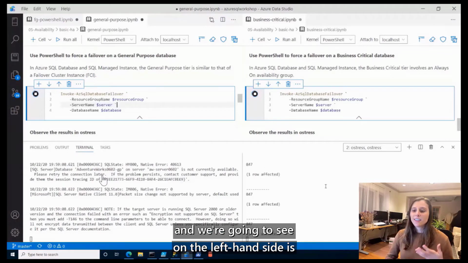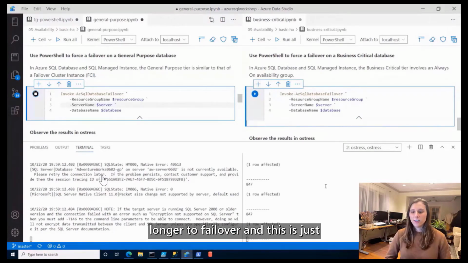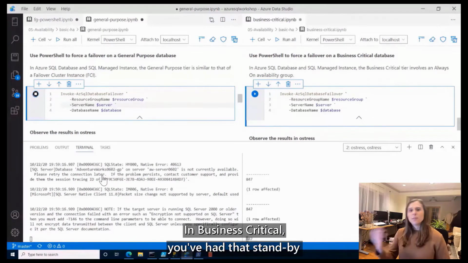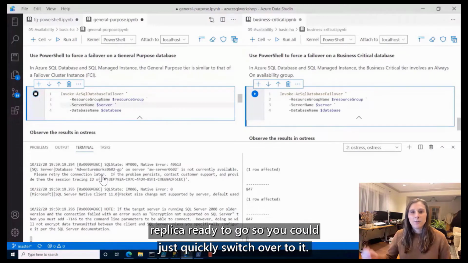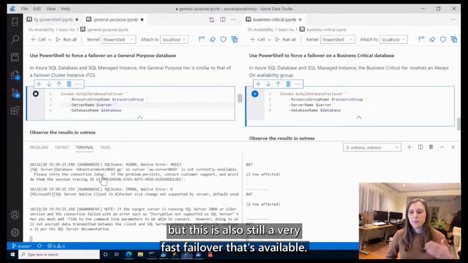And what you're going to see on the left-hand side is the general purpose database takes a little bit longer to fail over, and this is just because of that underlying architecture we just talked about. In business critical, you've had that standby replica ready to go, so you could just quickly switch over to it. Whereas general purpose, you do have to spin up another replica, but this is also still a very fast failover